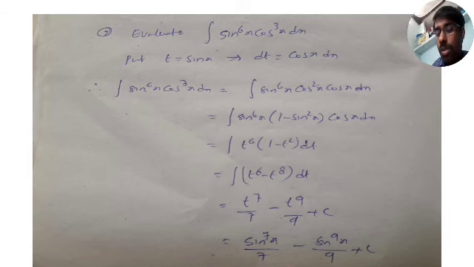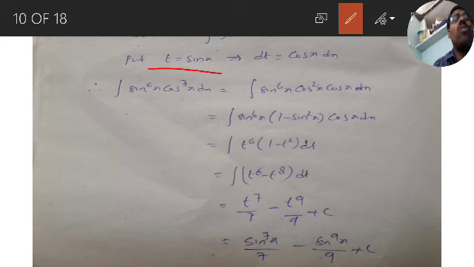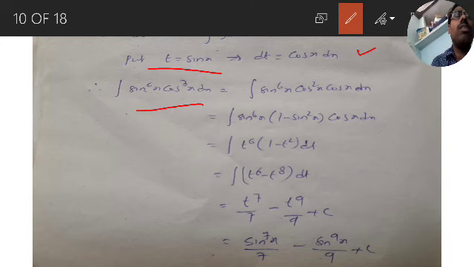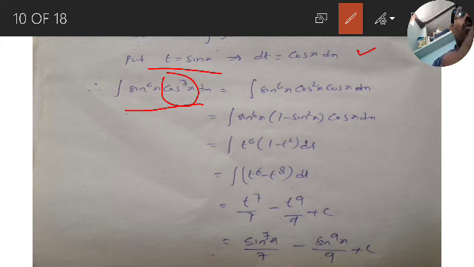Now substitute in the given problem. So what are you having? Are you getting? Cos power is odd. Put t is equal to sin x. dt is equal to cos x dx. Now substitute in this. So integration of sin power 6x into cos cube x dx. In place of sine you can write t, but what remains is cos cube. So that's why write cos cube as cos square into cos. Why? Because cos x into dx.